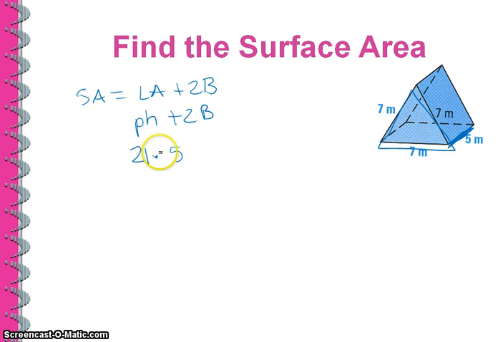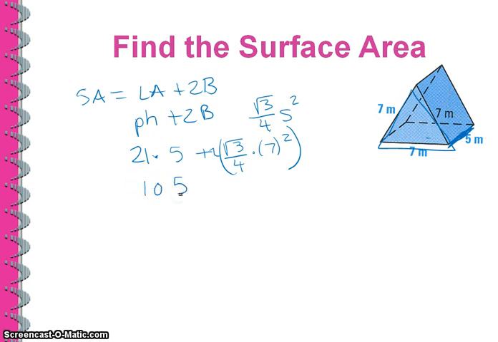Now I need to find the area of the base, and I hope we all remember that with an equilateral triangle, the area is radical 3 over 4 times the side squared. So in this case, we're going to be adding radical 3 over 4 times 7 squared, but we need 2 of them because I have 2 of them, this one and that one. So when I simplify that, I get 105 as that part, right, plus